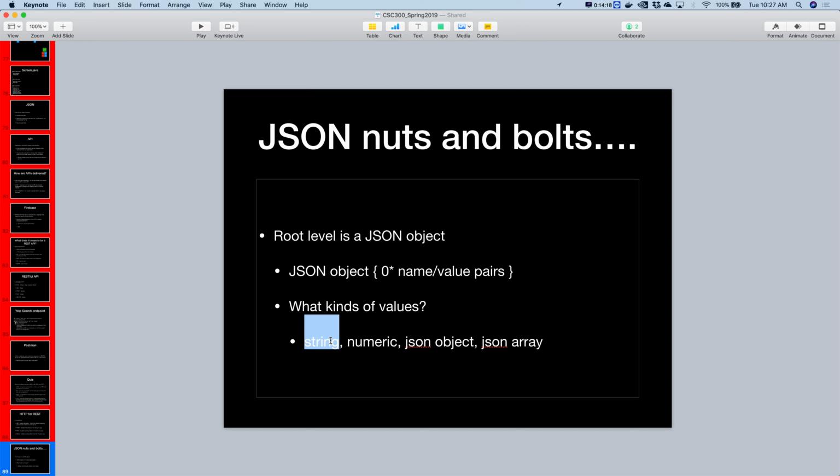We all know what strings are. Double quote, something, double quote. We all know what numbers are. I think it technically supports some other types like Booleans and things like that, but let's just keep it simple like this. So we have string types, we have numeric types, so kind of our primitive types from our languages. Then we support JSON